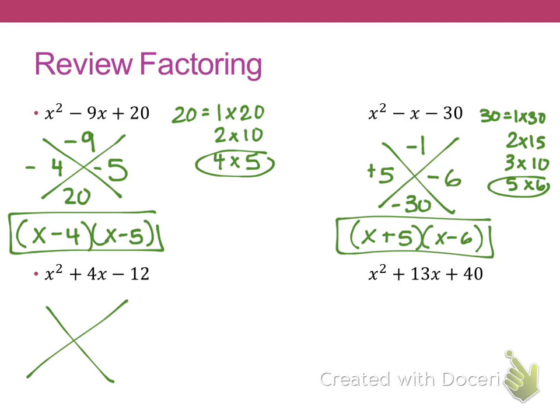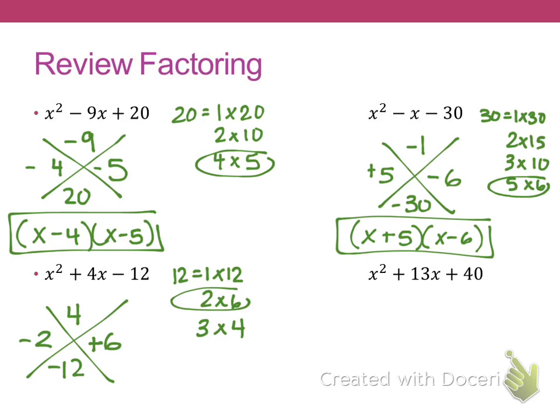Next problem. Positive 4 up top, negative 12 on bottom. 1 times 12, 2 times 6, 3 times 4. I asked myself, okay, which ones subtract to give me 4, because 12 is negative. So 2 and 6. So I write my 2 and my 6. So since they subtract, one's got to be positive, one's got to be negative. I look to the 4, and I know it's positive, so that has to go with my biggest number, which is 6. 2 gets the negative, so x minus 2 times x plus 6. Okay,